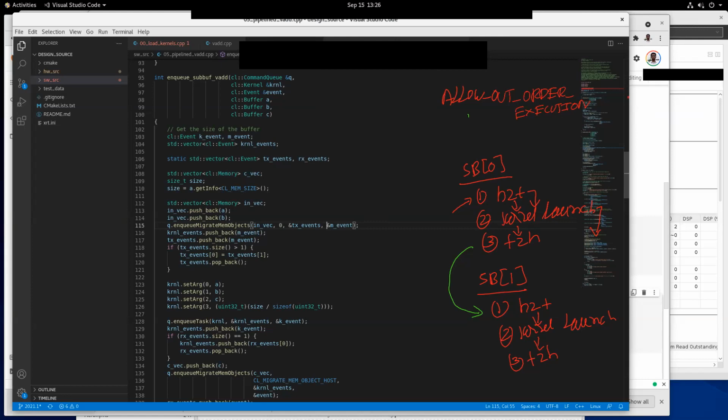Okay, but the important point is there is a mechanism for us to specify that 2 depends on 1 and 3 depends on 2, and step 1 of SB1 is independent of F2H. So all these things are possible. Essentially, we create a DAG of tasks.